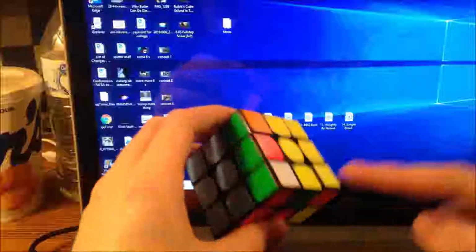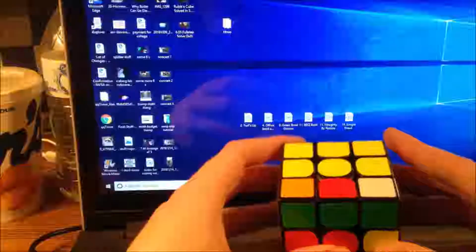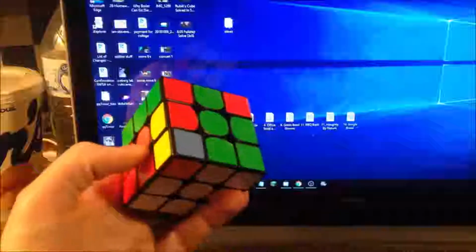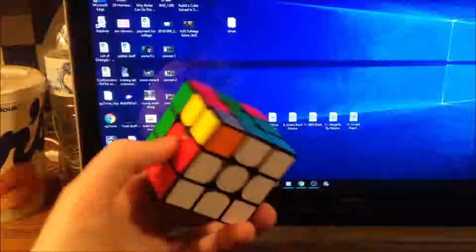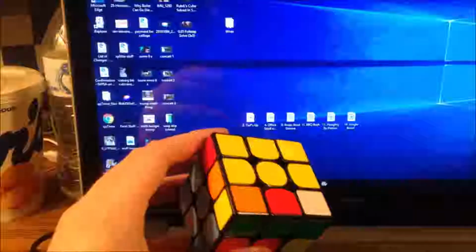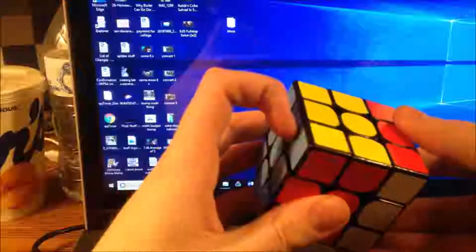Alright, so there are like 10 billion different ways to do this case right here. Now you may think this is a really bad case, and you'd be right. But you have a lot of options. So from this particular angle, I think that the best option for this case would be an RU-Gen alg. So the main alg that I use would be this. Now, you can do this in a lot of different ways, but that's the main one that I recommend from